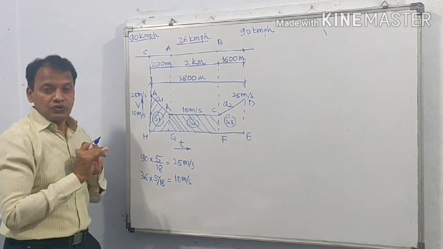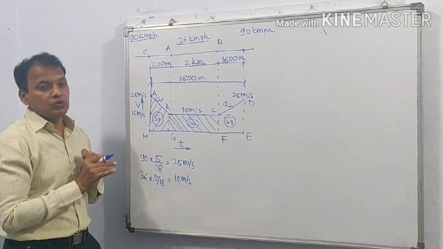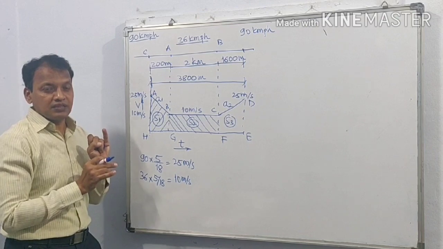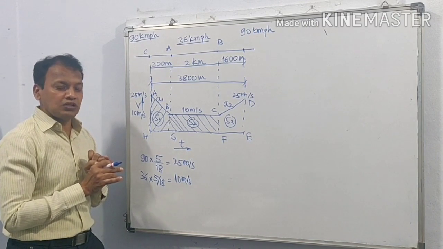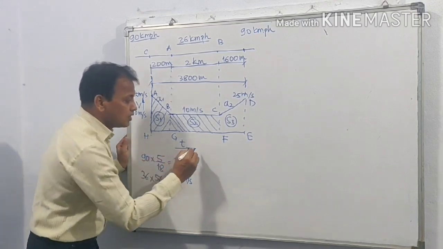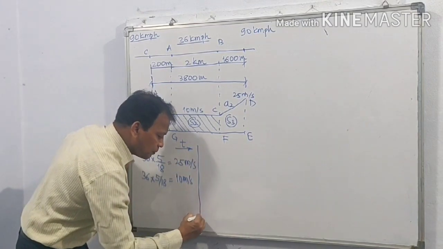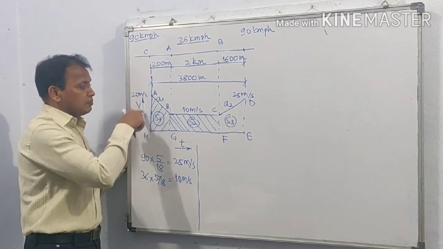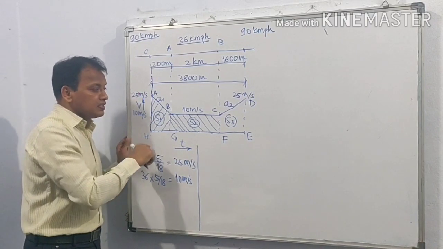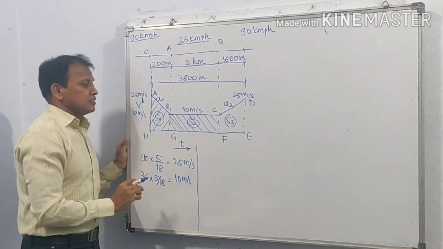In case of velocity time diagram, we have to remember that slope of the line is equal to acceleration and area under graph is equal to displacement or distance traveled. So here, accordingly, we have prepared velocity time diagram, plotting velocity along y-axis and time along x-axis.